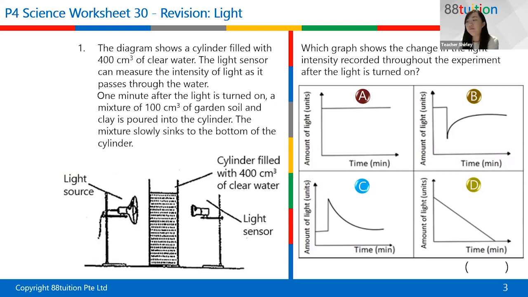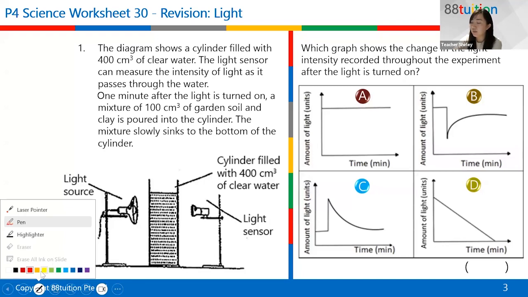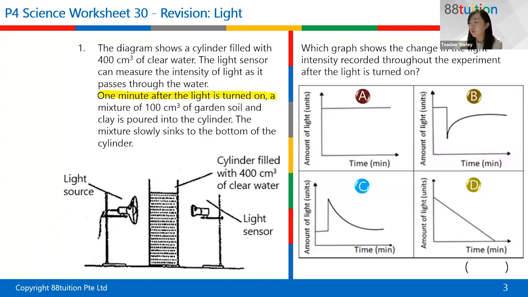Anyone? Oh, Hao Xuan. Is it D? B, okay. Cylinder filled with clear water. So how will the light intensity change? So a minute after, okay, let me see. A minute after the light is turned on, a mixture of 100 centimeters cube of soil and clay, right? So yes, the answer is D, because slowly you realize that because garden soil and clay are considered,